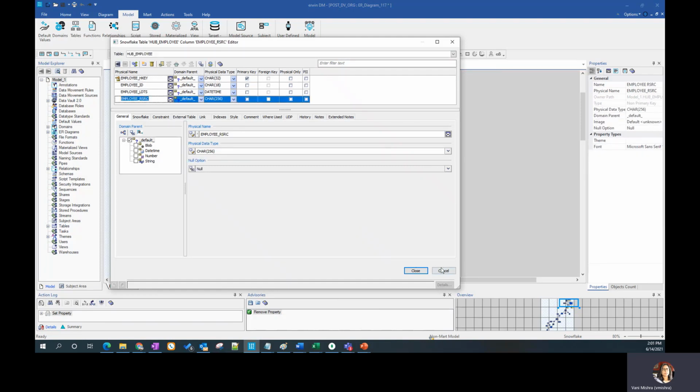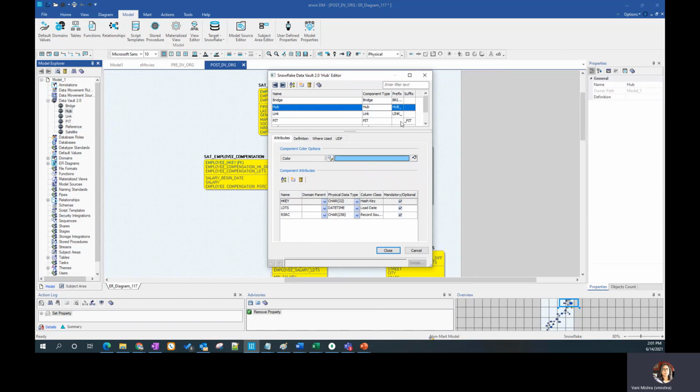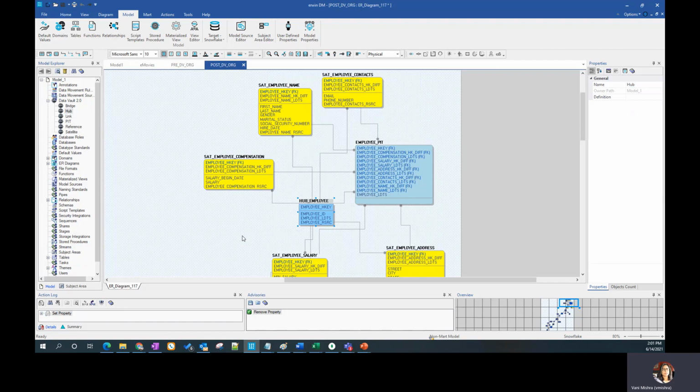And if you would like to make changes to a particular column name, you can always go into the source table data vault, the default object property of that component, and you can make changes. So if you don't like the prefix the way we have it, you can make those changes, so you don't have to stay with that. This is just a very quick